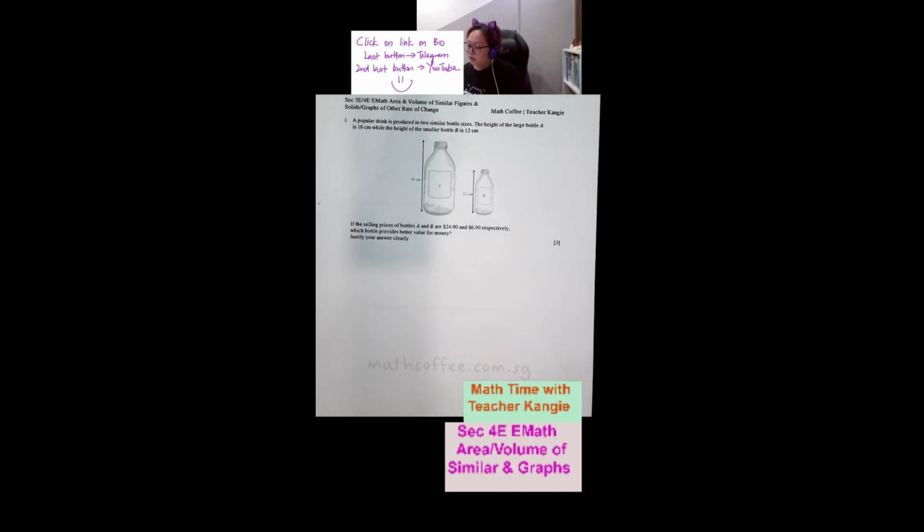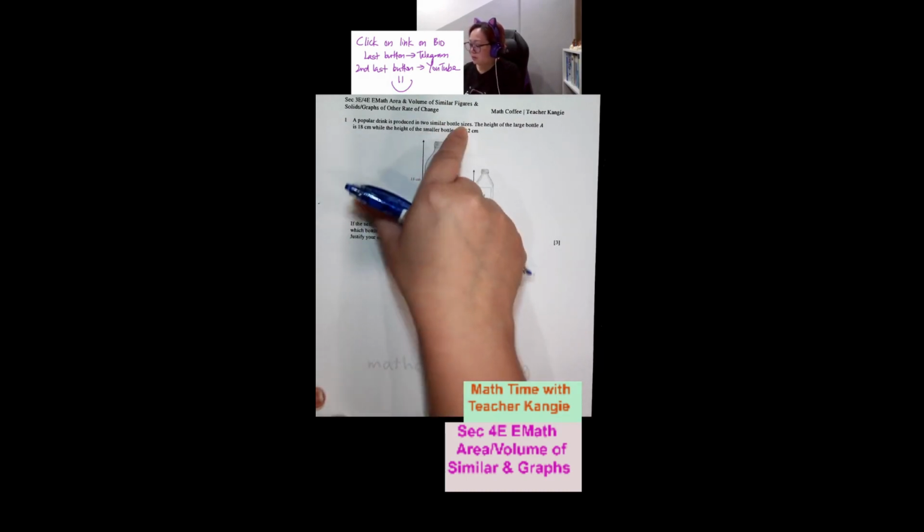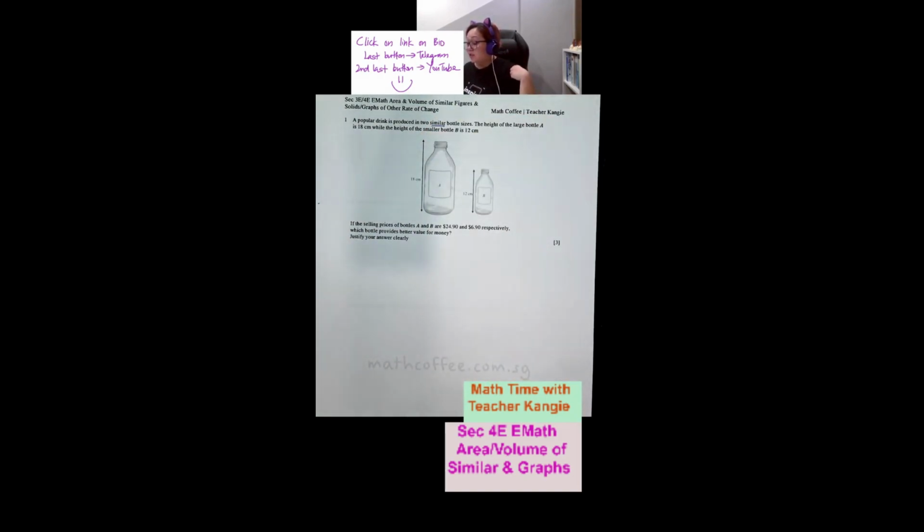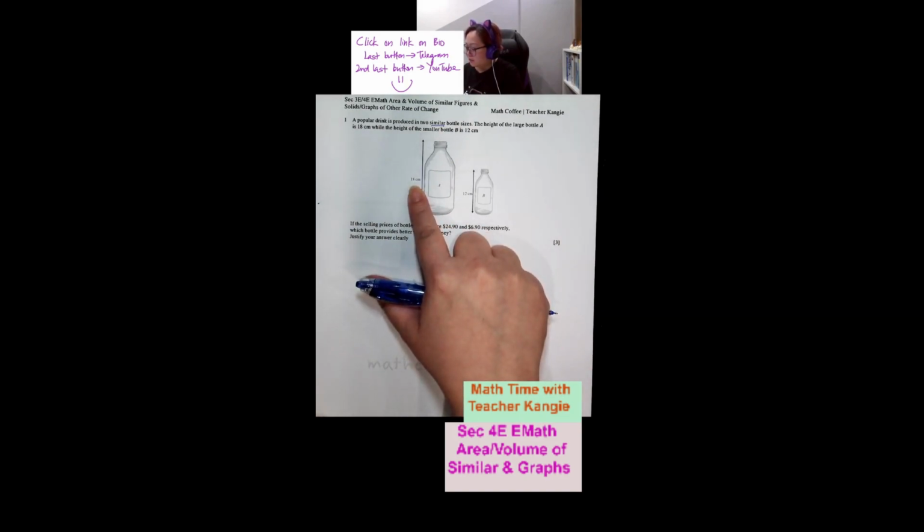Okay, so see here, a popular drink is produced in two similar bottle sizes. When you see "similar", you're going to know that you're going to use the height ratio, area ratio, and volume ratio. So they say that a popular drink is produced where the height of the larger one is 18 and the smaller